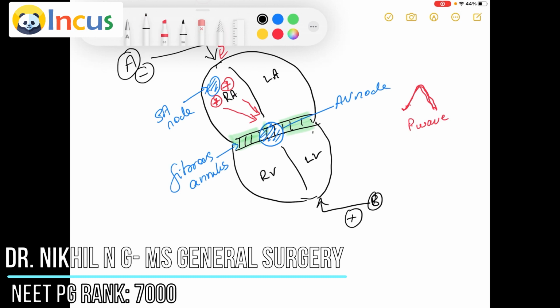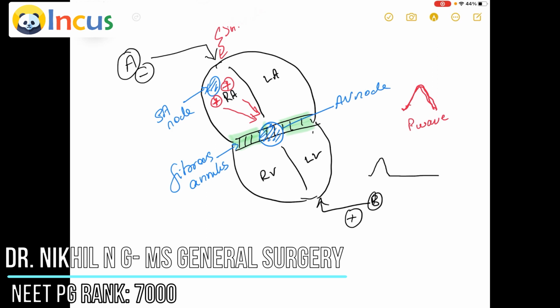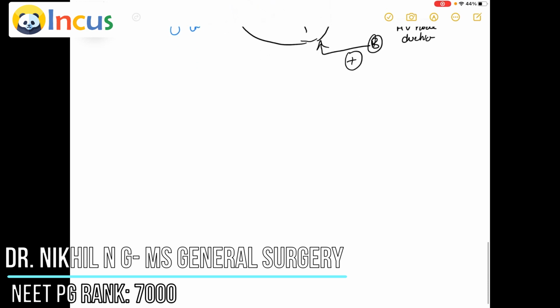the electrical activity occurring at the AV node is normally not recorded on the ECG machine. So there is the P wave, then there is this gap of straight line, because there is very small electrical activity occurring here which cannot be picked up by the ECG machine, and hence there is a straight line because there is no deflection at all. So this is AV nodal conduction. Now we shall see what happens further.